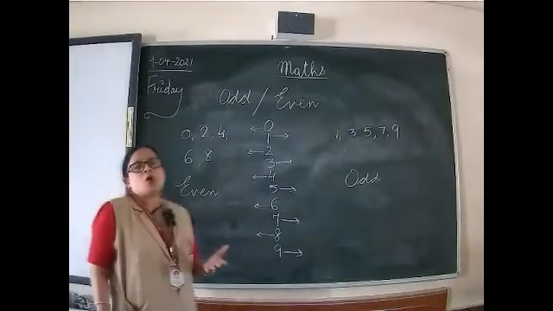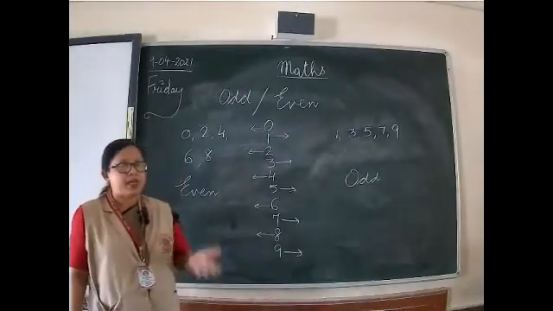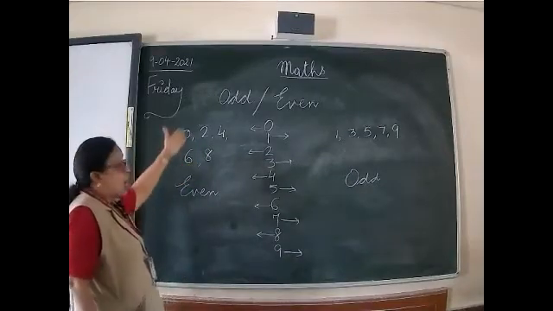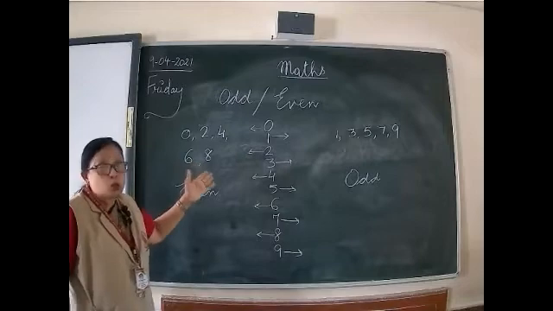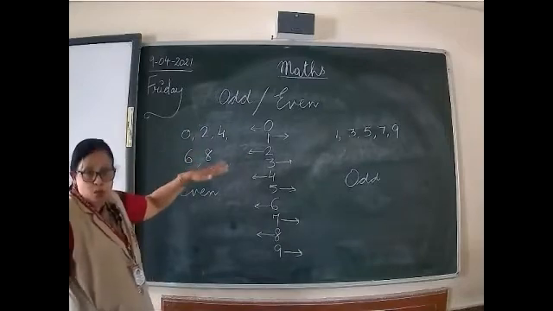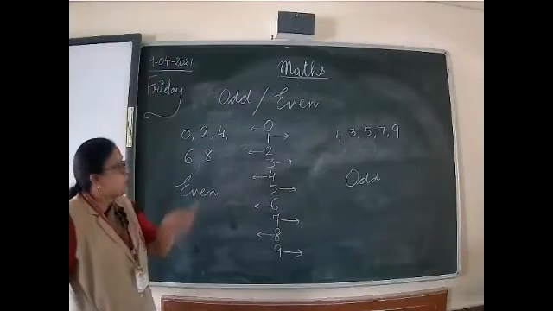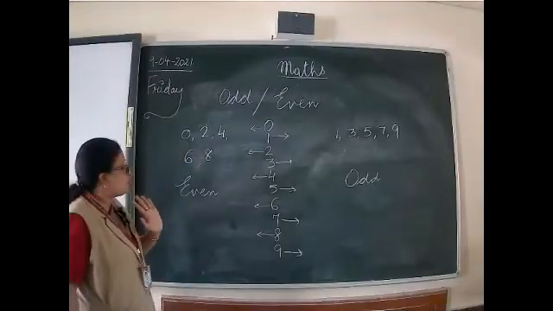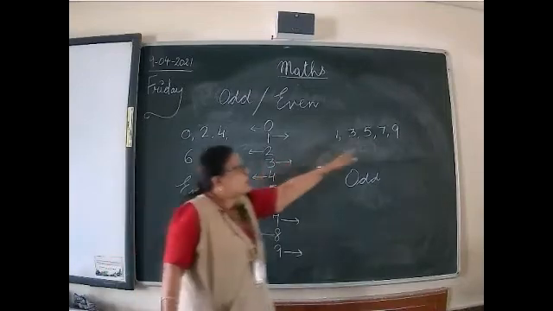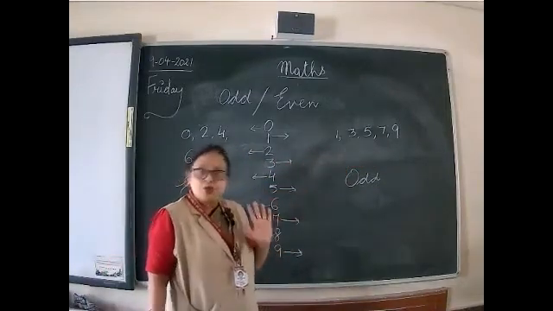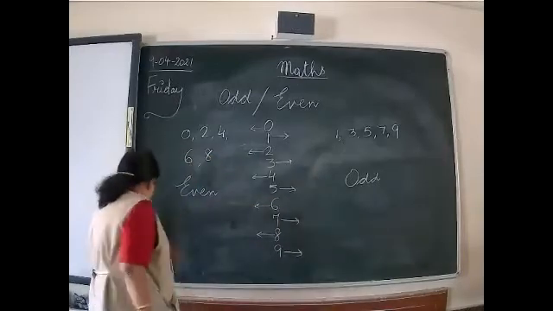And now because you have studied class 3 and you are coming in class 4, you are big enough to know that these numbers are all divisible by 2. They all come in the table of 2. Yes or no? 0 doesn't come, but 10. In 10 the ones place is 0. So here 0 counts. Is it clear to you, children? And these numbers in the ones place, they don't come in the table of 2. Okay.